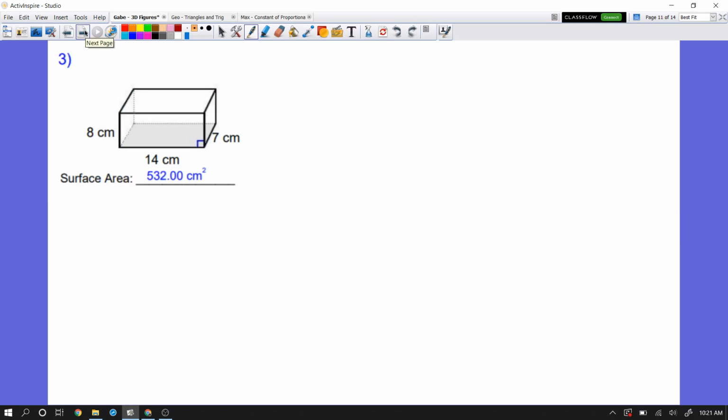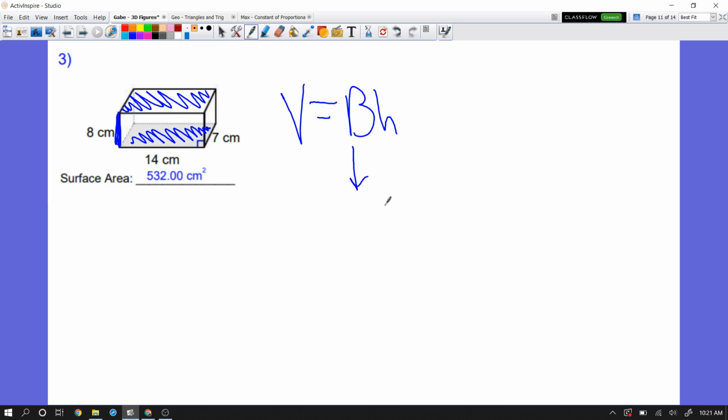Plain and simple, very straightforward. Volume equals area of the base times height. I'm going to be highlighting the bottom part and the top. That way I can identify my height as being 8. Area of the base can be length times width, which is going to be,